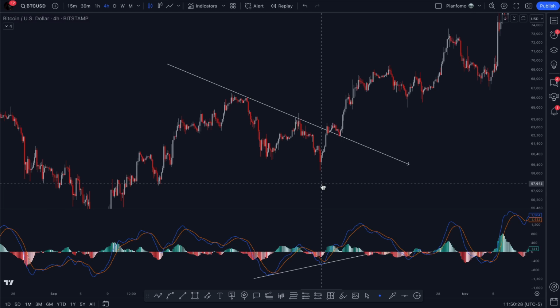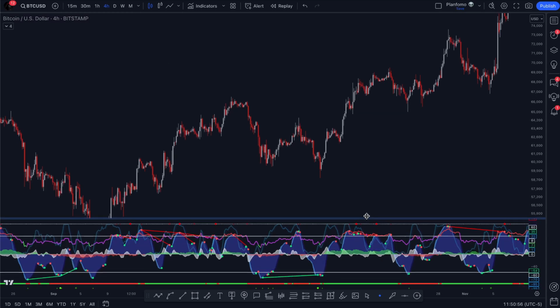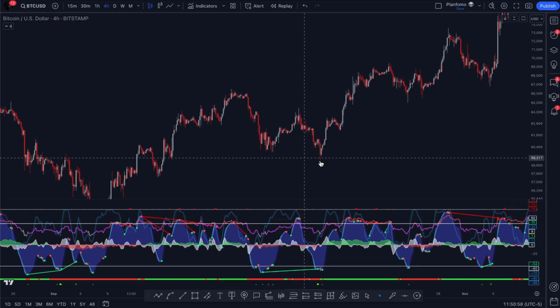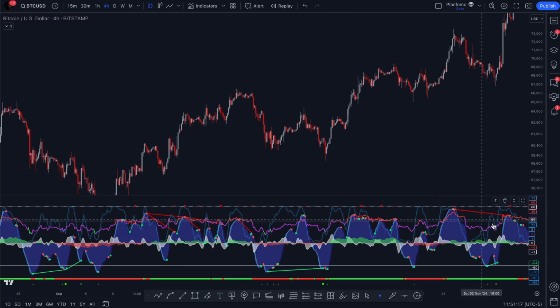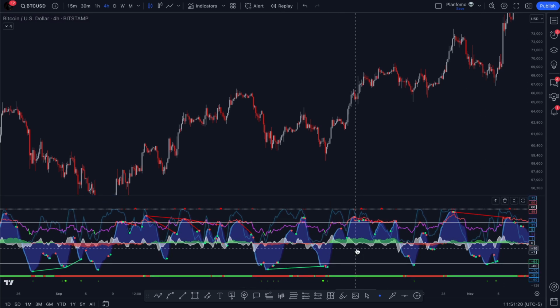So let's jump into another one, which is the most popular one, VuManChu Cipher B. Just bear with me one second. And we are live on VuManChu Cipher B. I'm still at the same spot, 4-hour time frame, Bitcoin. Actually, even here where we discussed this MACD, the VuManChu is showing you a potential divergence automatically at around here. Everyone that uses VuManChu Cipher B, I do believe this indicator looks similar. Maybe it's a little bit different,